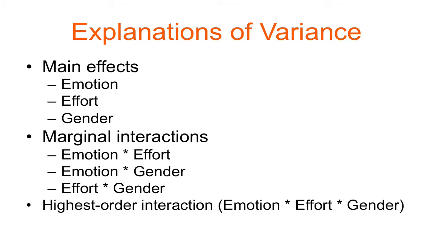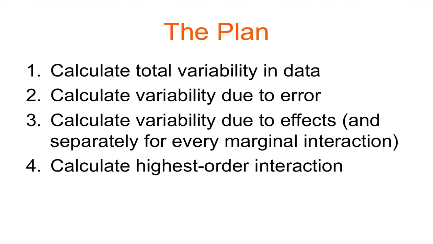So with that said, what's the process we're going to follow? Well, the process is very similar to what we've done in the past. First of all, we're going to calculate the total variability that there is in our study. Then we're going to calculate the variability due to error, because we've seen in previous ANOVA videos that there's only